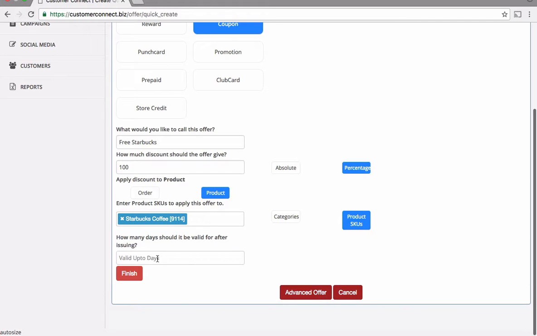And then lastly, after we pick our product SKU, we have to decide how many days should this offer be valid for after it has been issued. So for our purposes, let's go ahead and say 14. That means that the coupon will be valid for up to 2 weeks after it's been issued, after the customer